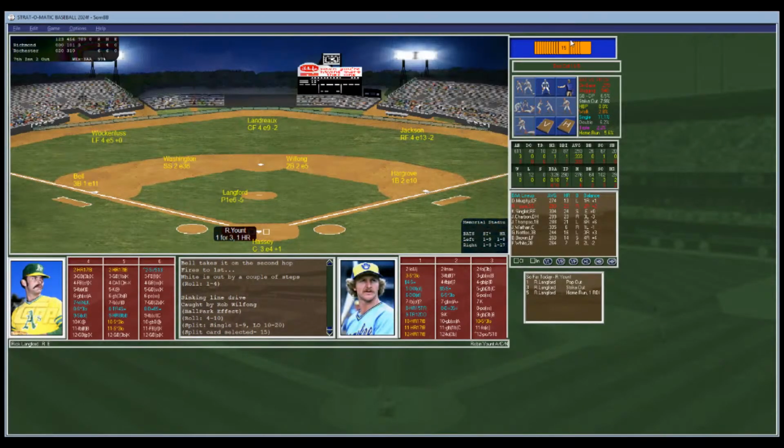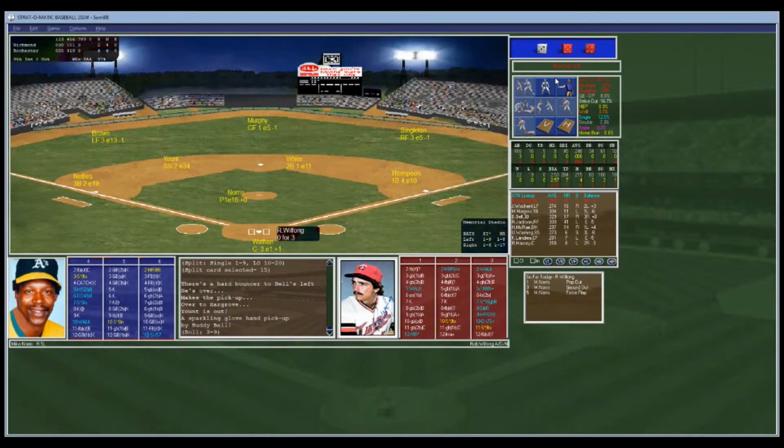And now here's Yount, 1 for 3. Big solo home run back in the fifth inning. Langford trying again. Langford's one of those 207, 290 inning pitchers, too. He'll probably give up 6 innings and a complete game loss. Langford with the pitch to Yount. And that's going to be a ground ball to third. Bell gets it, throws him out. We played 7. It's 6-2 Rochester going to the eighth.